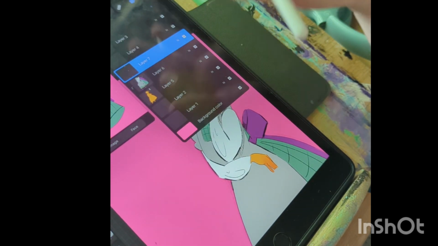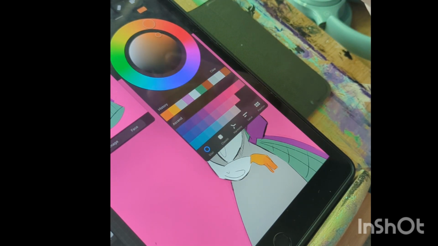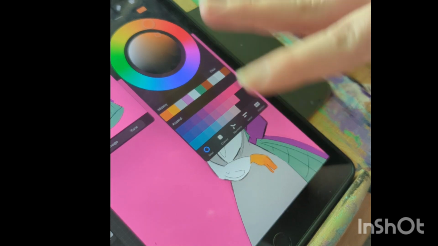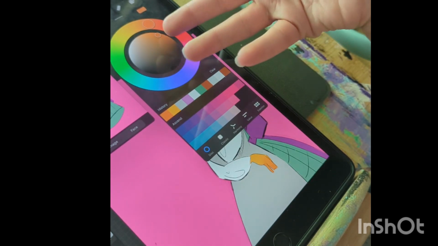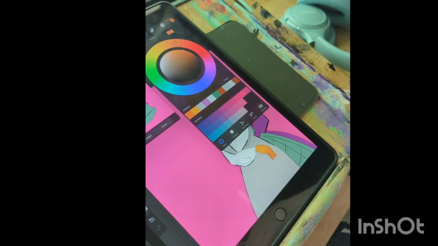So, go ahead and go into another layer. I don't think I want to do shell shading. I'm trying to get away from shell shading. To me, shell shading just looks a little bit too harsh and maybe a little bit too cartoony. Despite the slander, she in fact did use shell shading.